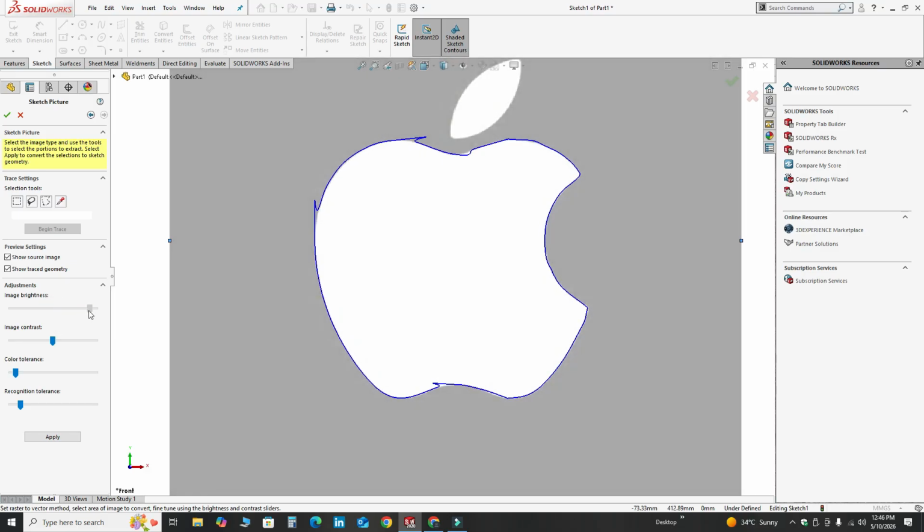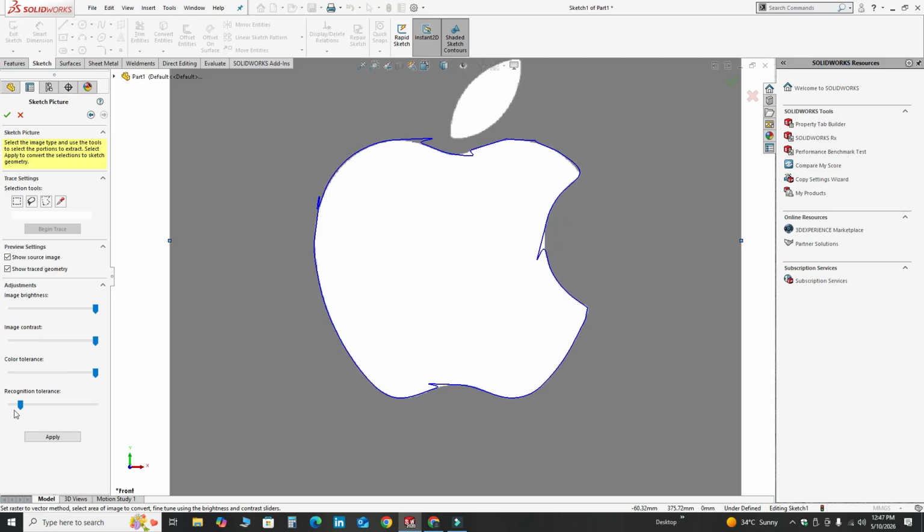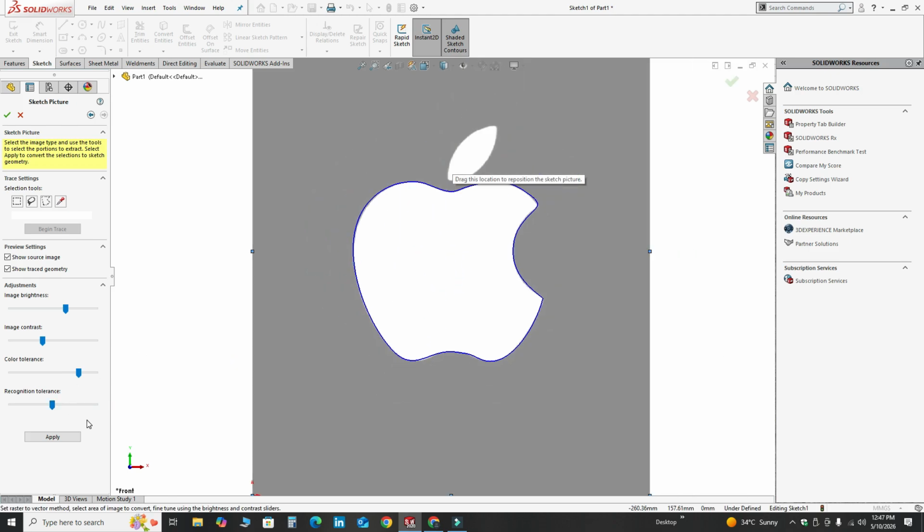So you can increase the brightness of the picture, and here you can see the changes in the sketch. And now I will adjust it. Let's say I'm satisfied with this adjustment, and I will select apply.